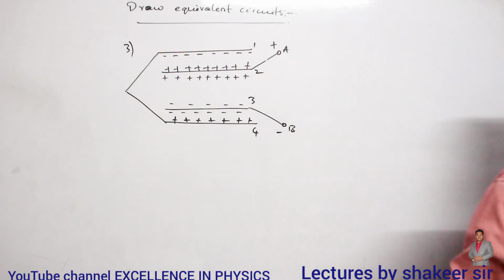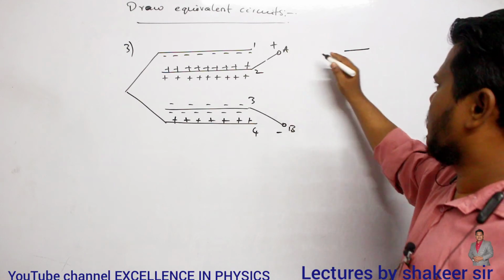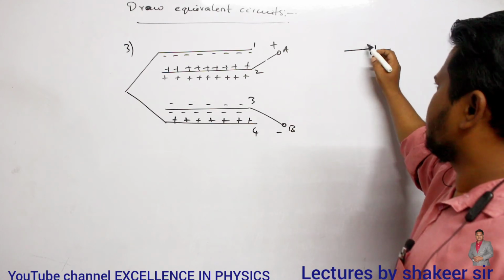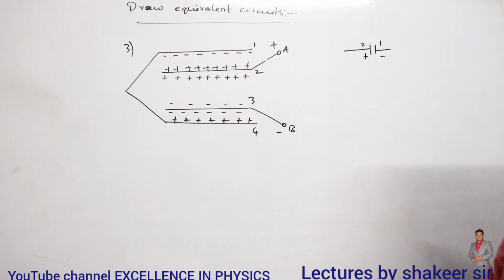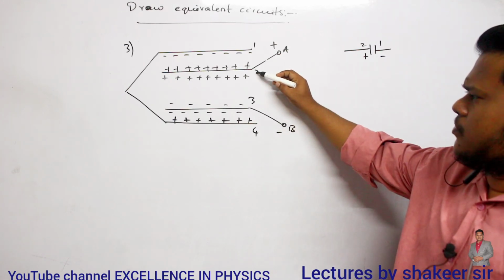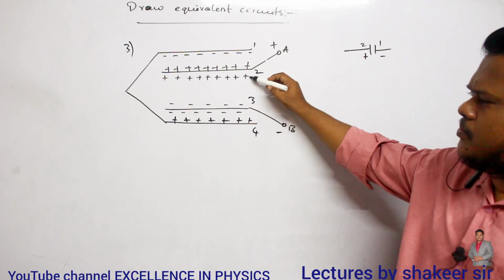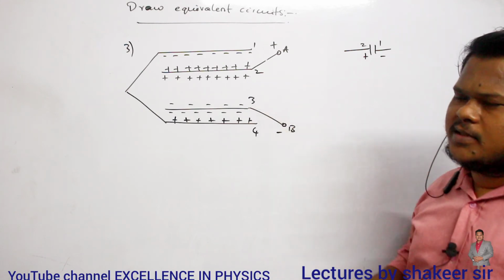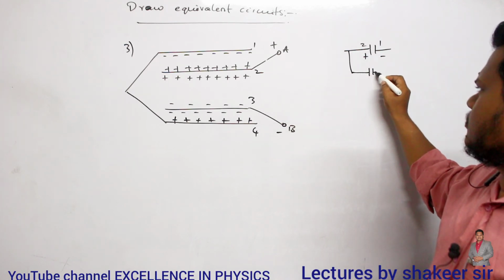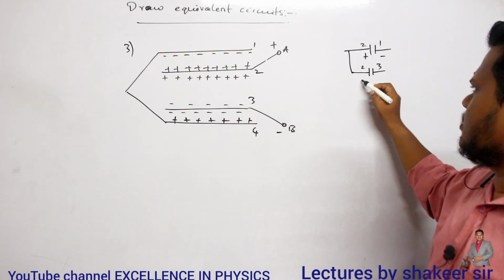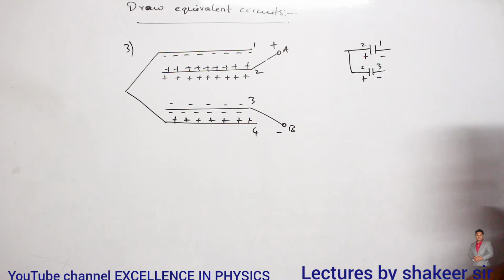Now let us start from plate number 2 here because it is connected to positive terminal. So 2 and 1, they will form one capacitor. So 2 and 1, this is positive plate and this is the negative plate. Clear? Next 2 is forming one more capacitor with plate number 3 because 2 is at positive terminal, 3 is at negative terminal. So this is 2 and this is 3. So this is plus and this is minus. Clear? So I got arrangement up to here.